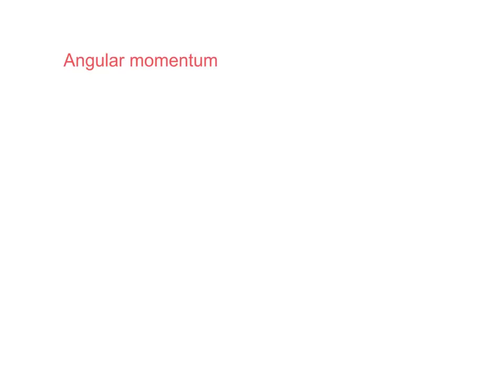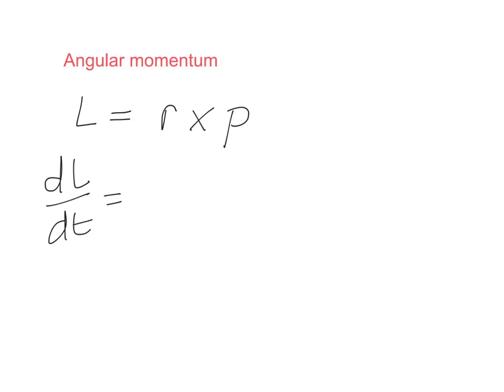So if we remember our definition of angular momentum, it's r cross p. So r cross p is our major definition. We also had I omega as the other option. And now what we want to see is what if we take an instantaneous change in angular momentum, like we were talking about with angular velocity. So if we say, what if I do dL dt? What if I take that angular momentum? Now obviously I'm going to take the derivative of the right hand side as well,